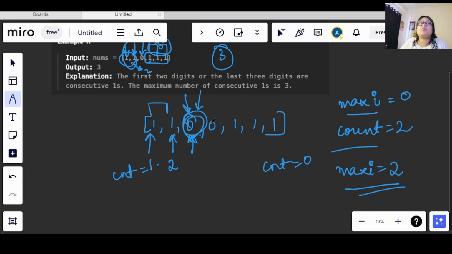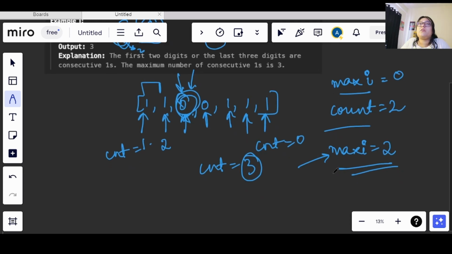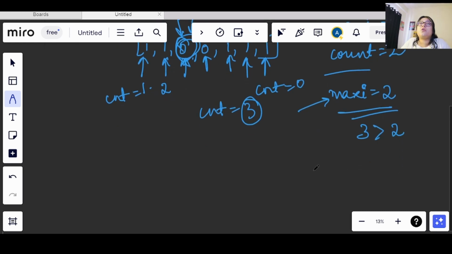There is a possibility that there will be 2 zeros, so here also count will remain 0 only. After that we will start from here. Count will again start from 1, then it will become 2, here it will become 3. So my count will become 3 here. Now again we will compare which is maximum, 3 or 2. 3 is greater than 2, so we will update our maxi with 3, and we will return the maxi as the answer.